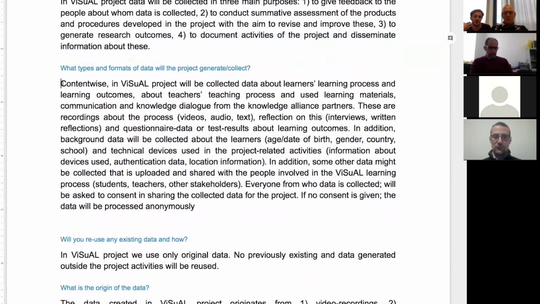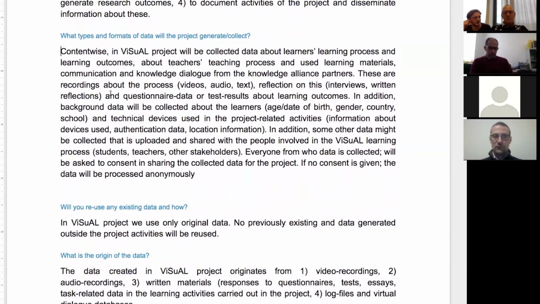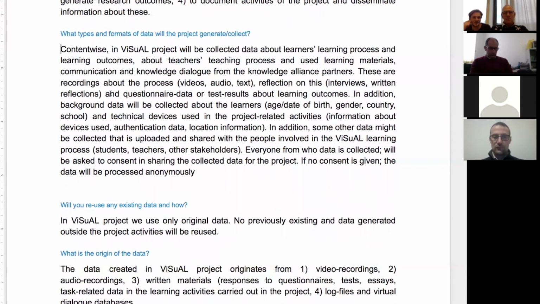So then the second topic covered here is what kind or types of data we will collect. And we see that we have mainly videos, audios, and texts that could be collected either about the process or in the reflection phase on the process. And in the reflection phase, we will see that there might be